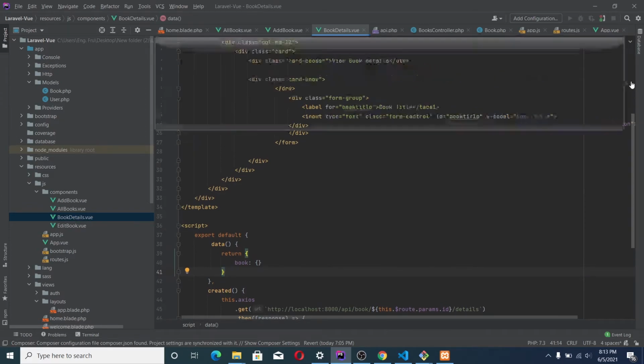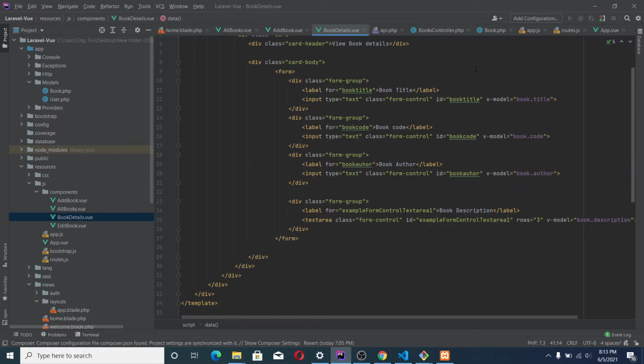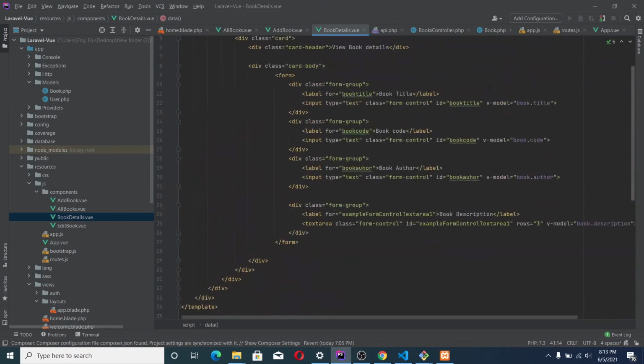Alright, so this is where we explore the magic of Vue.js. Now we have attached a v-model to each and every input that we have, so that each time this variable changes, it is reflected here.